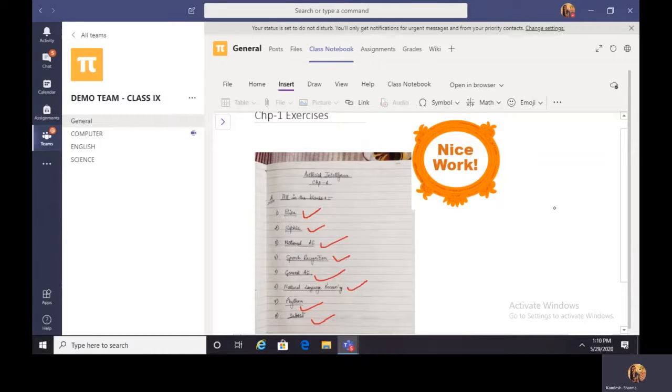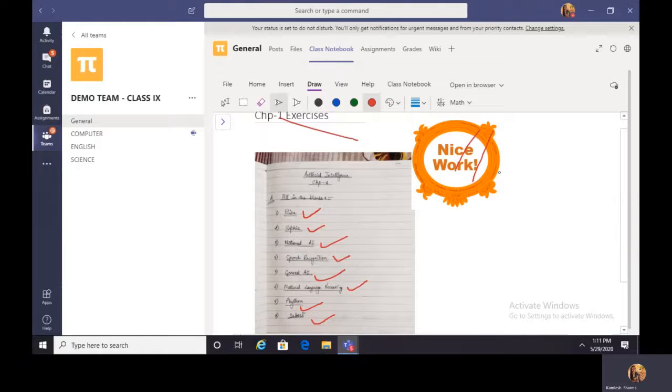Now see, one important thing to notice is since I selected pen for marking, even now my cursor is in the pen mode, the writing mode. So I have to once again go to draw. That is the reason why I need to go to this draw tab and change my cursor, because suppose I want to reduce the size of this, I just can't do that. Whatever I do, it is in the writing mode and it is going to draw only.